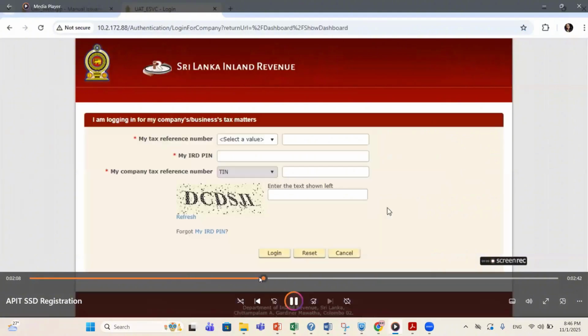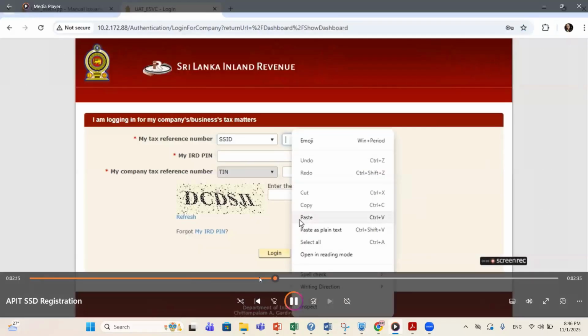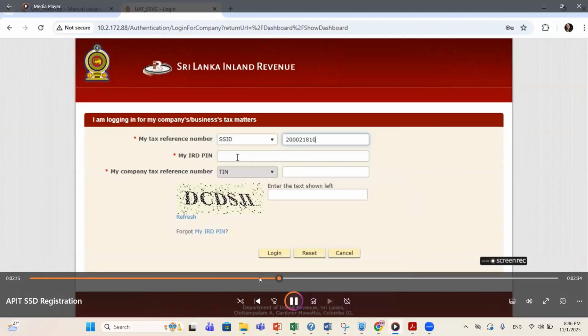And once we allocate an SSID for the tax type APIT, you have to use this SSID for the APIT return or statement filing purpose, right?